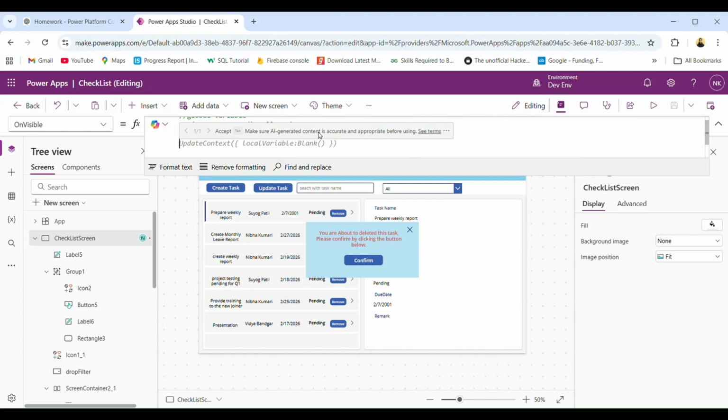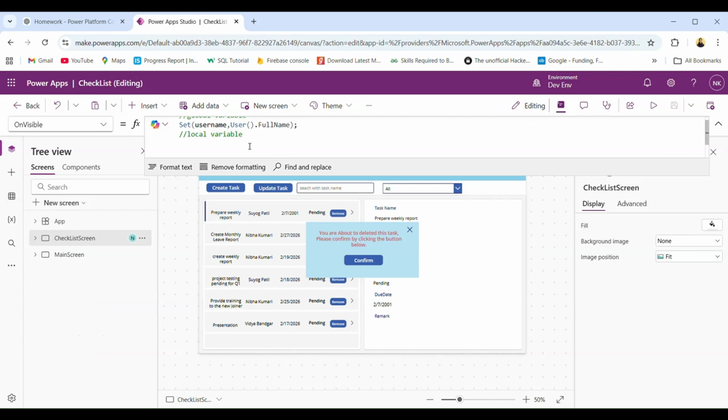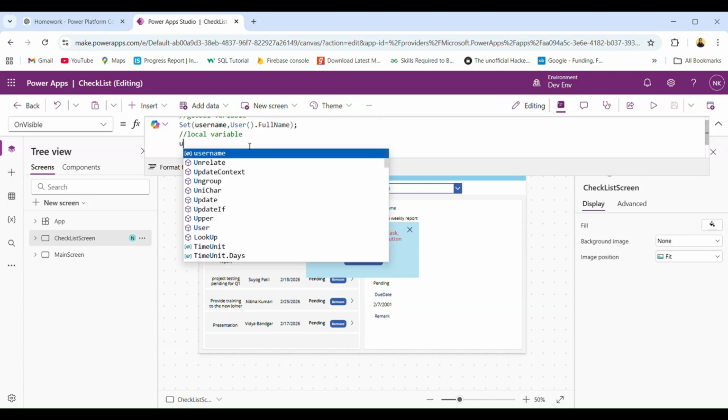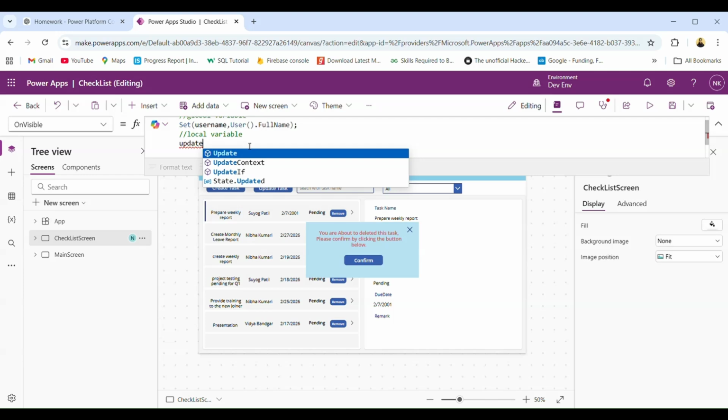It works only on the screen, and it is useful when you want to control the UI elements within a single screen. So if you have created one variable and you don't want to pass it to the other screen, you can create it here and use it inside this screen only. To create a local or context variable, we use UpdateContext,